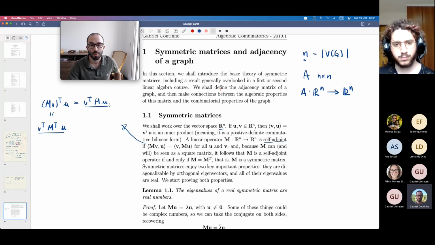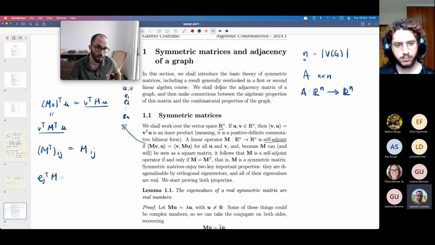And then of course, if you choose a basis, so let's say the canonical basis, so you pick u and v to be e1, e2, all the way up to en, the vectors in the canonical basis, then for all pairs of u and v chosen between these vectors, you will end up concluding that M transpose ij is equal to M ij, simply because ej transpose M ei is M ij, right? For all i and j, this is selecting, sorry,